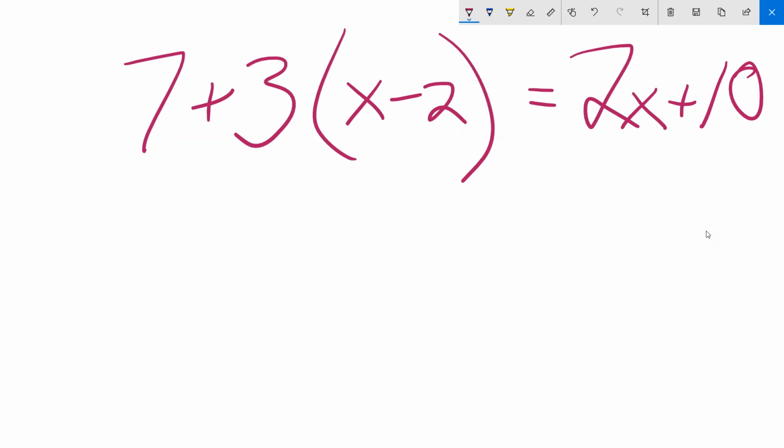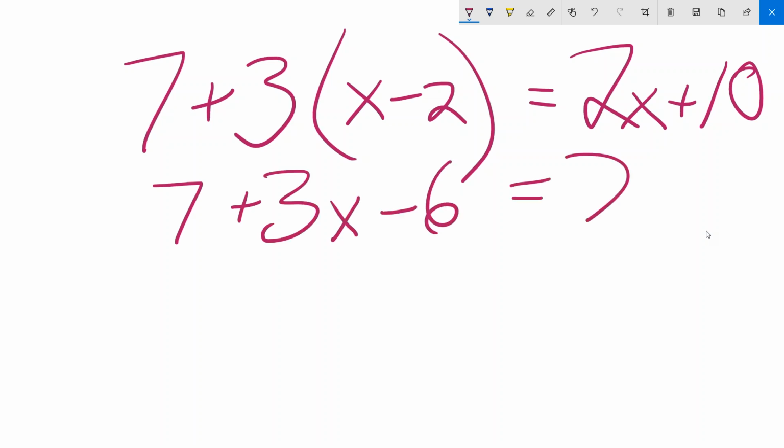Go ahead. 7 plus 3x minus 6 equals 2x plus 10. Now, in one step, bring all your variables to one side and all your numbers to the other. So it would be